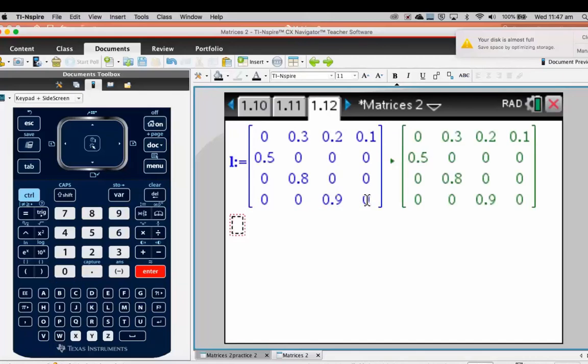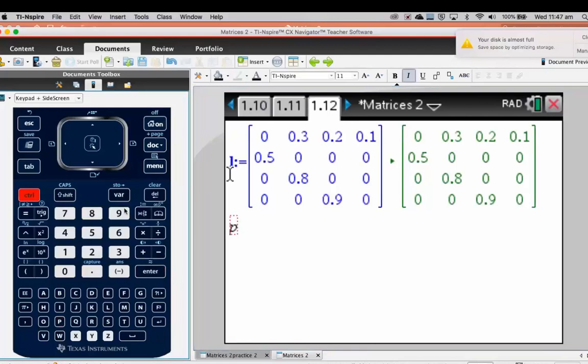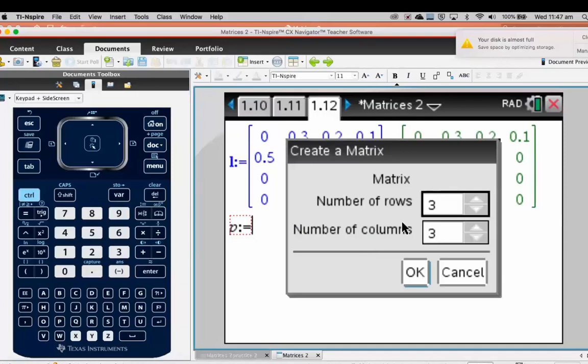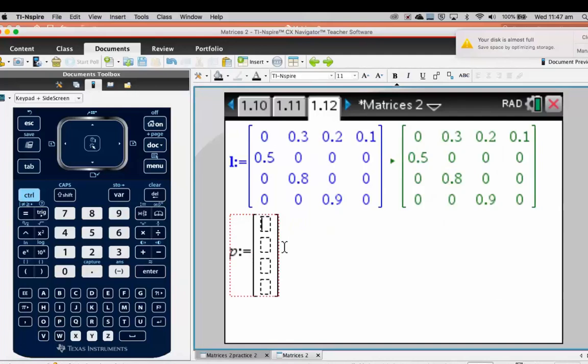And then we need our initial population, so I'll call that P, and we want to define that and choose a matrix, and this is a 4 by 1, and we put in 30, 24, 15 and 8,